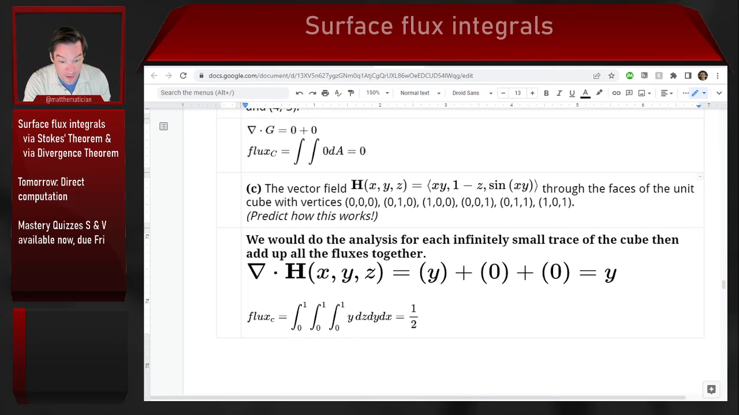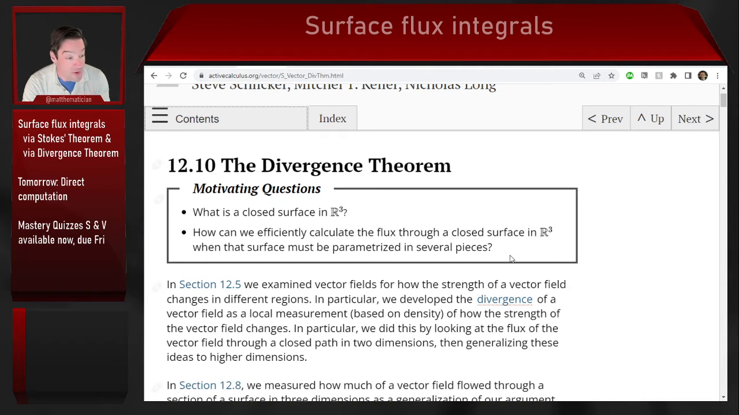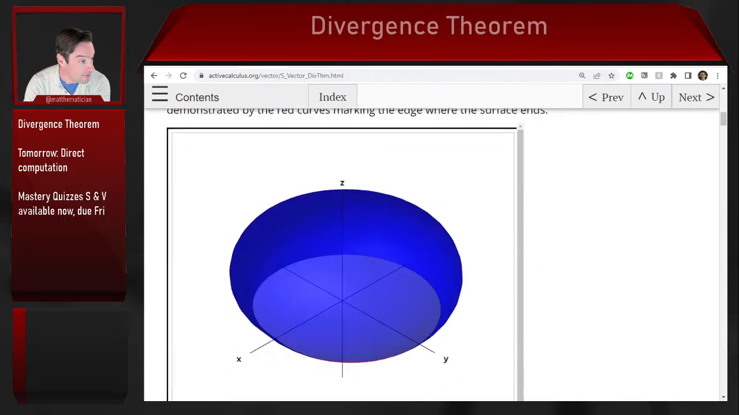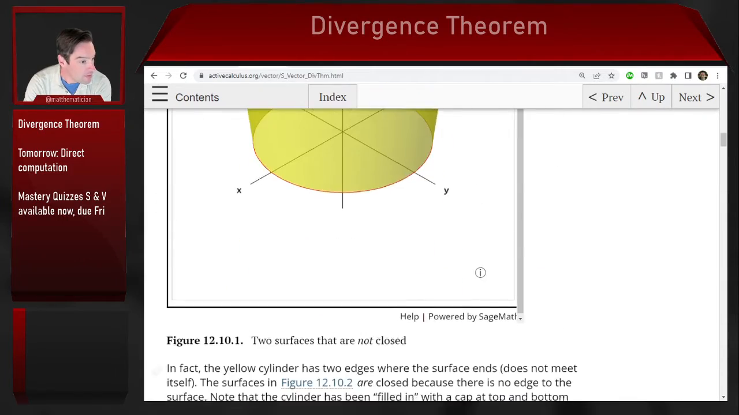So if I want to compute the flux integral through a closed surface in 3 dimensions, I can use the divergence theorem to replace that flux integral with a triple integral over the solid region in 3 space that's being bounded by my closed surface. That result is called the divergence theorem. And this is going to be our opportunity to get a little bit of practice with how the divergence theorem works and what it tells us about the flux. So to get us started,